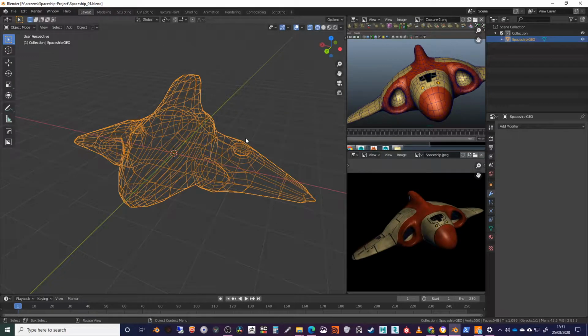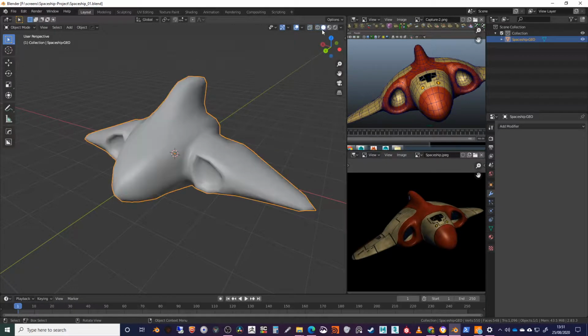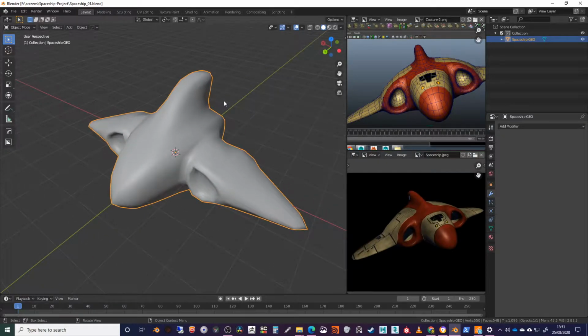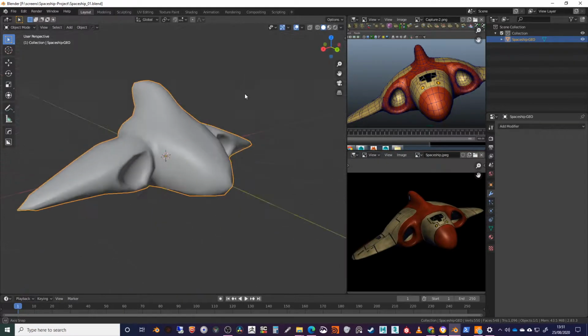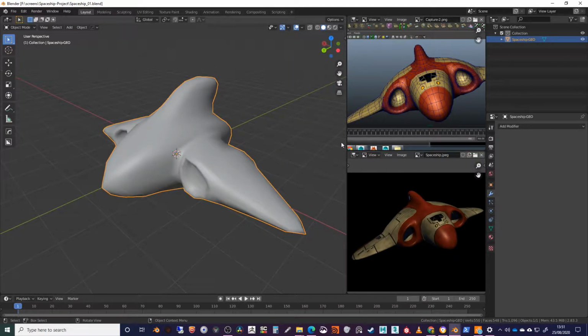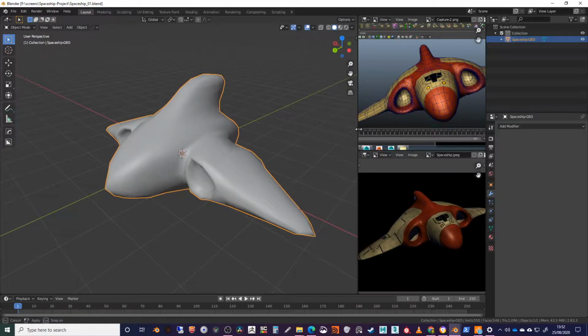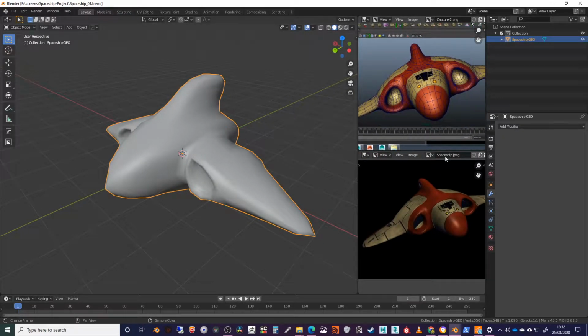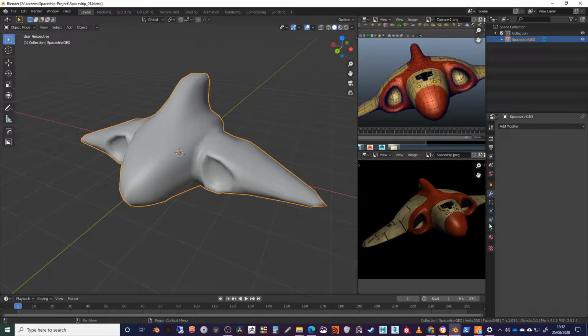Next part of the videos, we're going to have a look at adding some materials just to create some colours. This is just to start to give us an asset that we could use, and I'll show why it's actually quite useful having the reference materials in these windows. So if we go to the